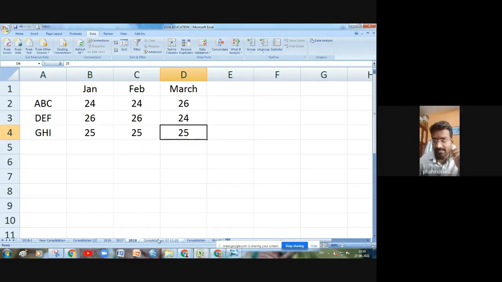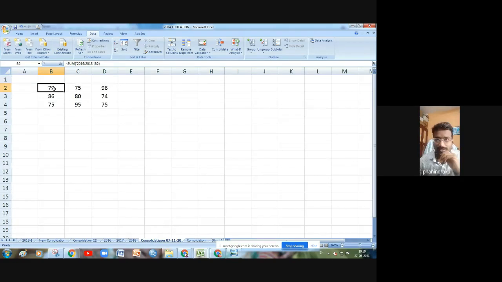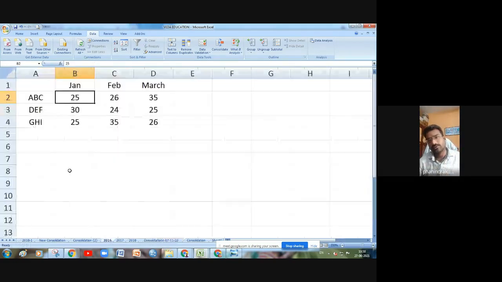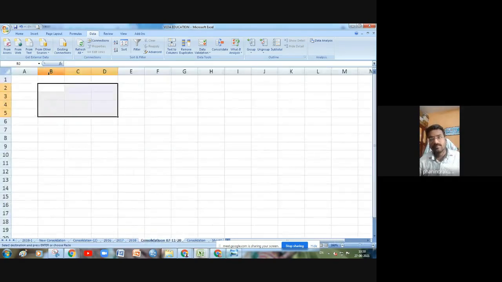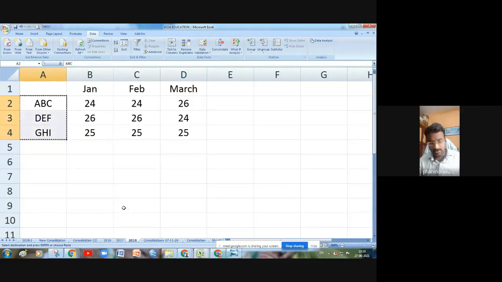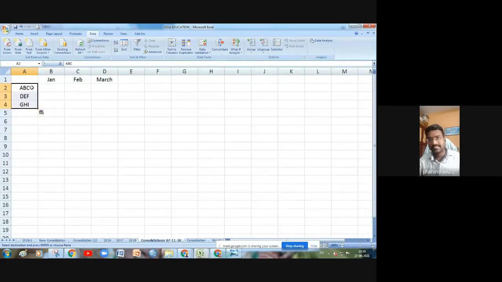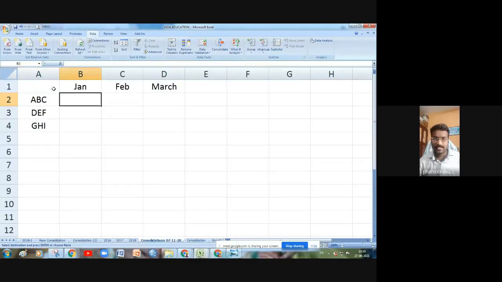See this, this is the output I'm going to get. I'm removing this. What I'm going to do is copy this January, February, March, and paste these here to make similar data. Then I need to come to this cell and paste it, and in this cell